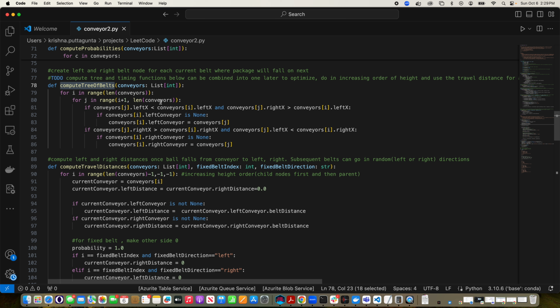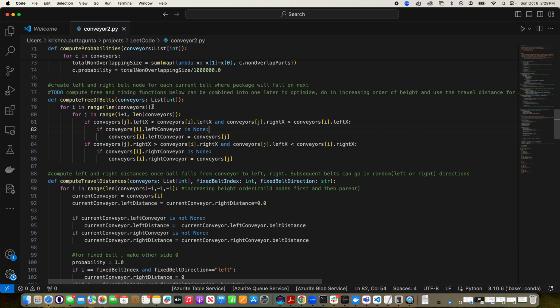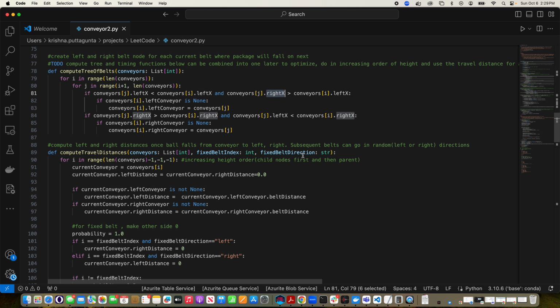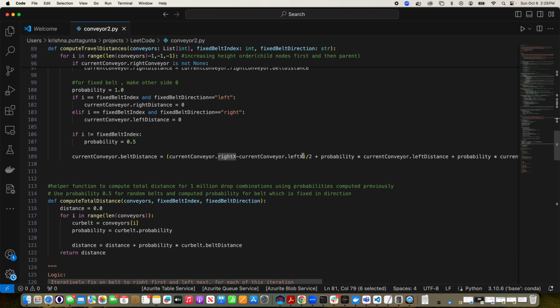So go through each of these conveyor belts, then go through the other belts and see if the left range is within the range and the right is too. It's a very simple operation, right? So you set the conveyor belts to the left or right depending on where it falls. Once you do that, then you have this